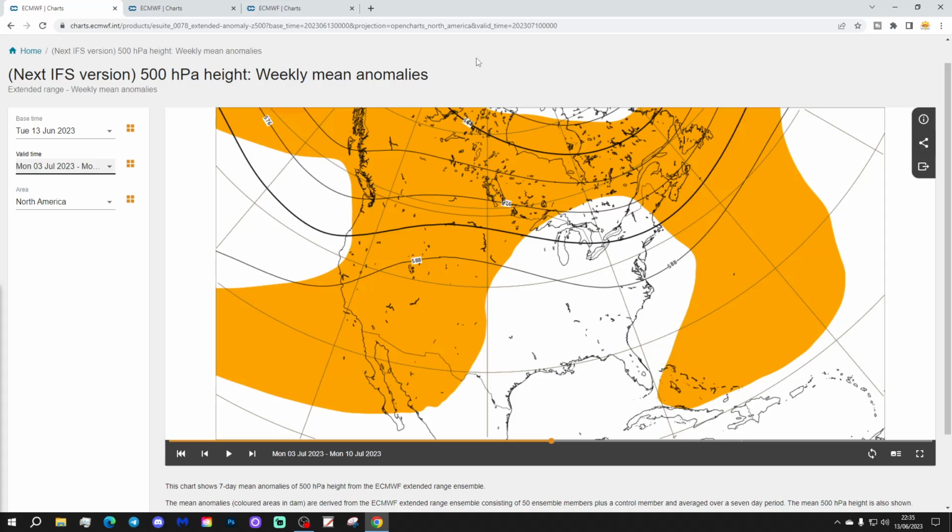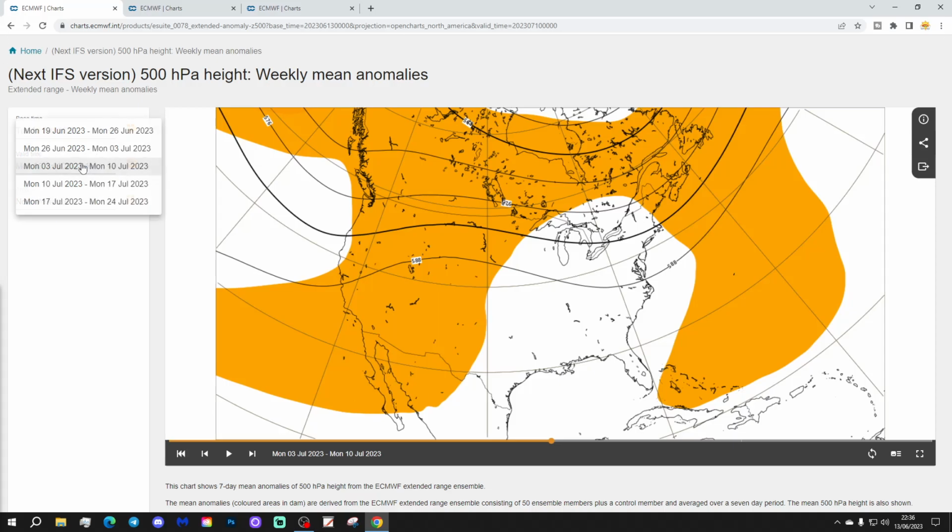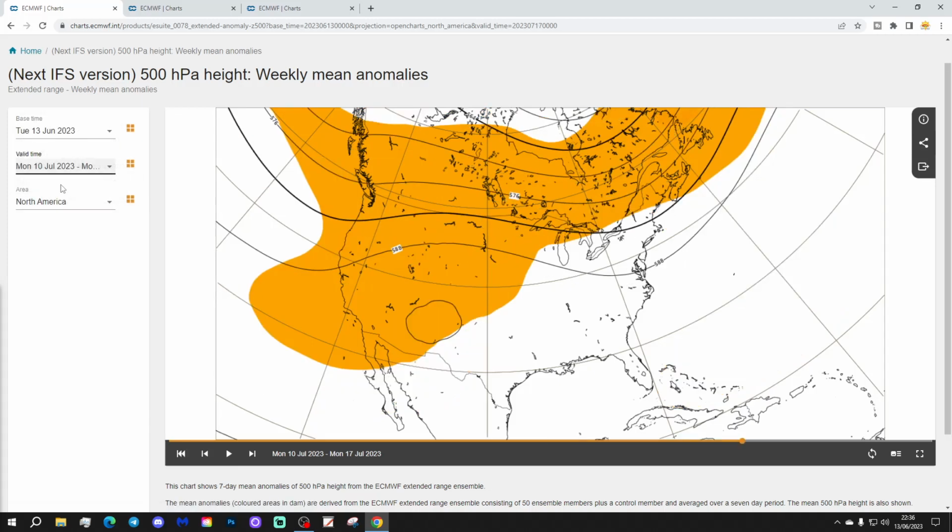So I know a lot of people in Europe and in the UK don't watch our USA forecast. But to be honest, weather is interconnected. It's very, very interconnected. So if we're picking up signals of a long-term pattern change in America, then Europe should be on the lookout, maybe a couple of weeks afterwards, for some significant changes there too. All speculation, but the weather around the Northern Hemisphere is interconnected.